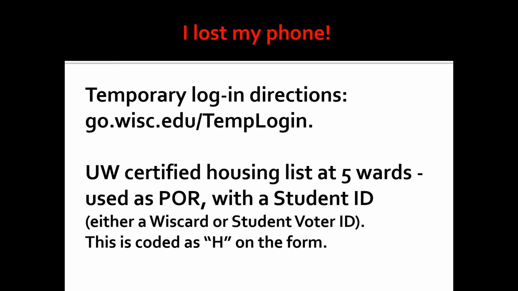Occasionally, a student will not have a working phone or laptop due to it being broken, lost, or a dead battery. In 2019, the university instituted multi-factor authentication for logging in. This may make it difficult for the student to log in on someone else's device. Here are 2 alternatives. In this situation, the student can find directions for logging in on someone else's device at